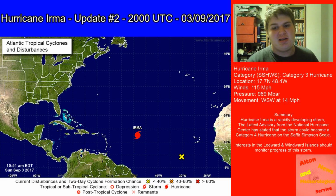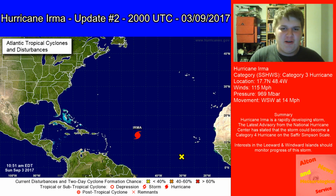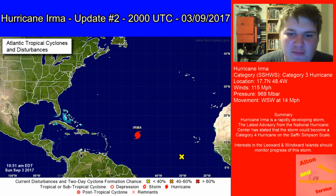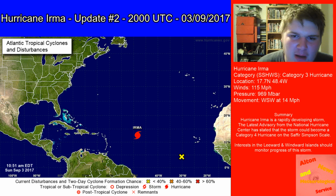As I say, interests in the Leeward and Windward Islands should monitor progress of the storm. Personally, by my own accounts, this isn't official, as I officially can't give out advisories or anything like that. But if I could, I would put in place at the moment tropical storm watches for the islands of Grenada, St. Vincent and the Grenadines, Barbados, St. Lucia, Martinique, Dominica, Guadeloupe, I can't pronounce that, sorry,